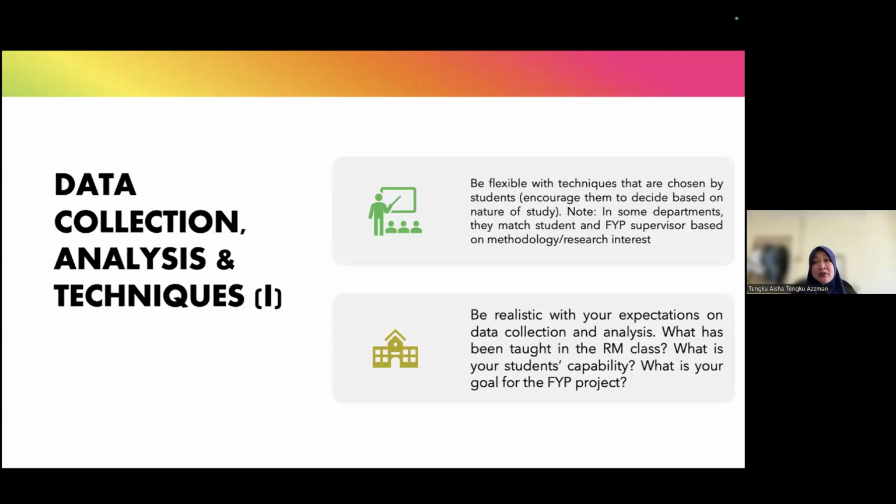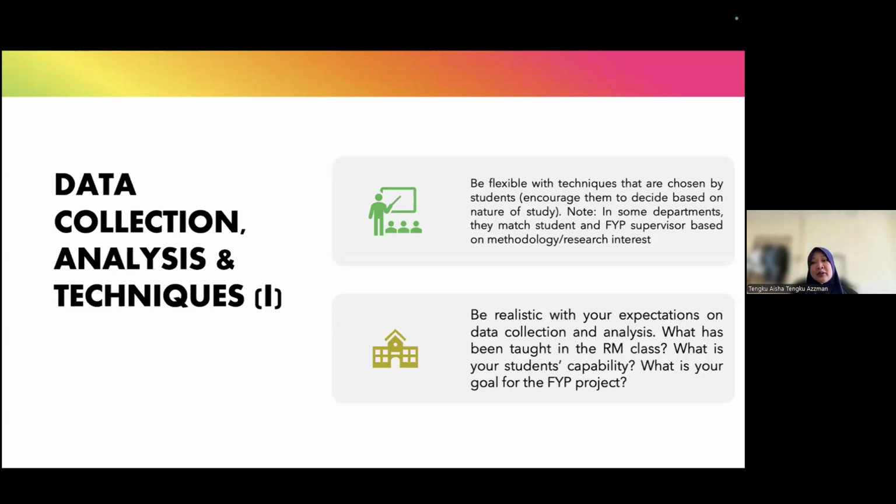So in communication, for the new study plan, we have separated both qualitative and quantitative research methods, and they're both compulsory. So they have exposure to both. But for the old study plan, our research method is very quantitative. So if they choose to do qualitative, I do encourage them to sit in the newer study plan qualitative research method so that they have some exposure.